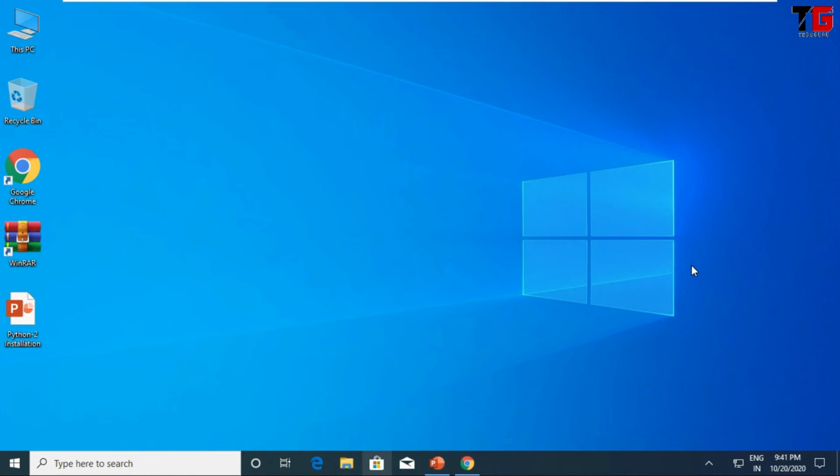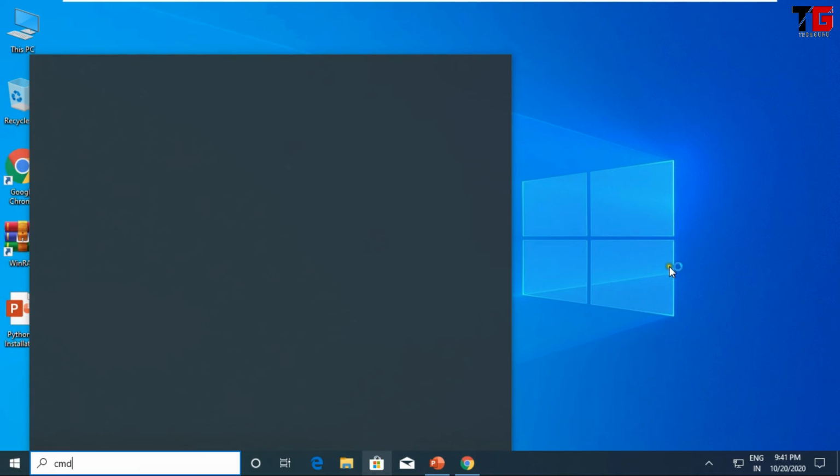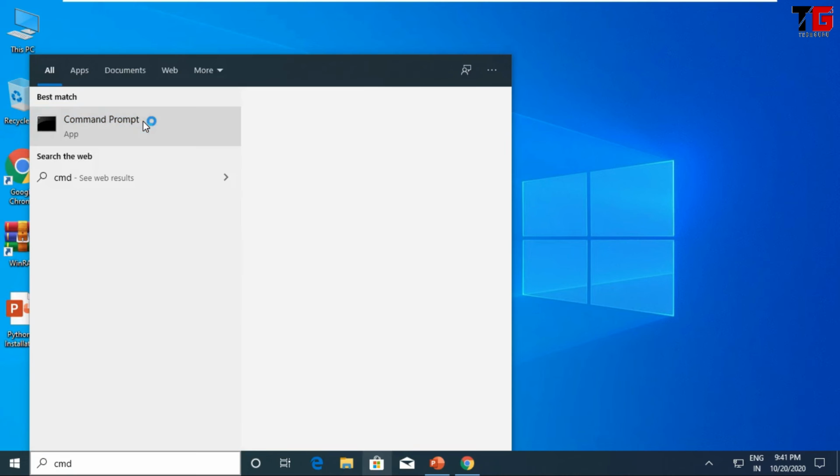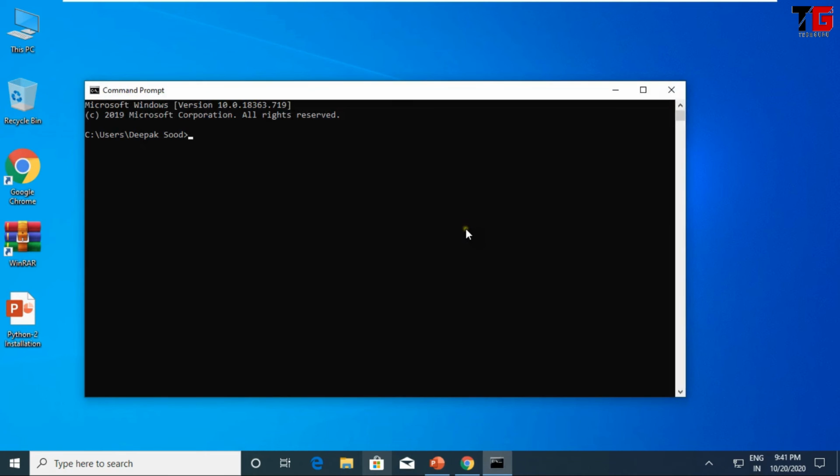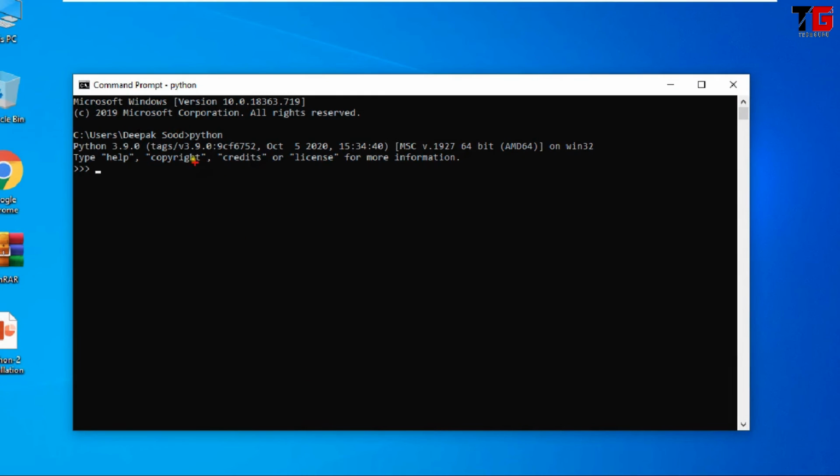Friends, I want to tell you one more thing, that you can run Python scripts from the command prompt also. Click on Start, CMD. You will get command prompt. Here, I am going to write only Python. Friends, see, I typed Python on my screen and I got this output.